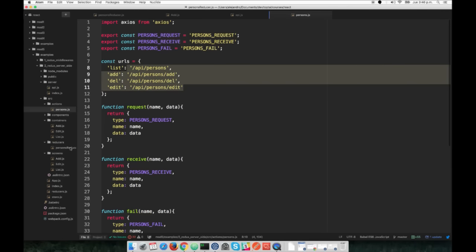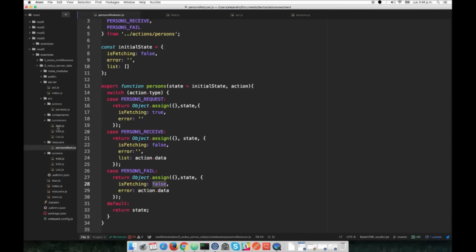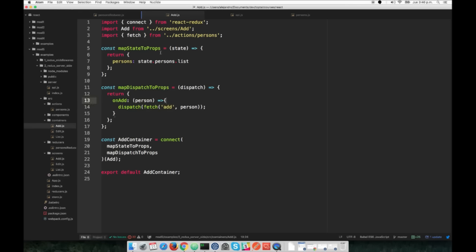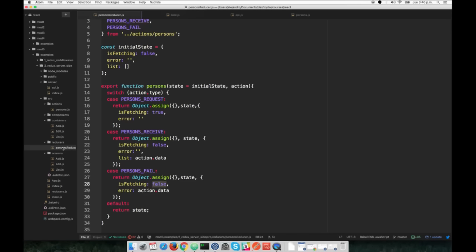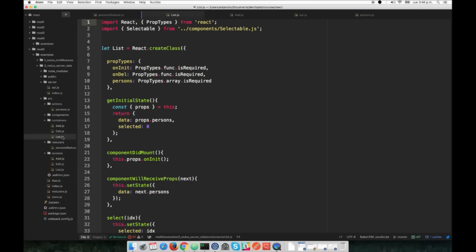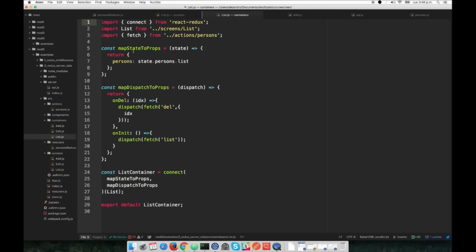So come back to the containers. We are just fetching, in this case, from the add action, and we are sending the person that we're trying to add. When some data is received from the add action, the reducer is going to catch that in the person received case, and then it's going to load the new data into the list, which is going to feed through the list container here, in the map state to